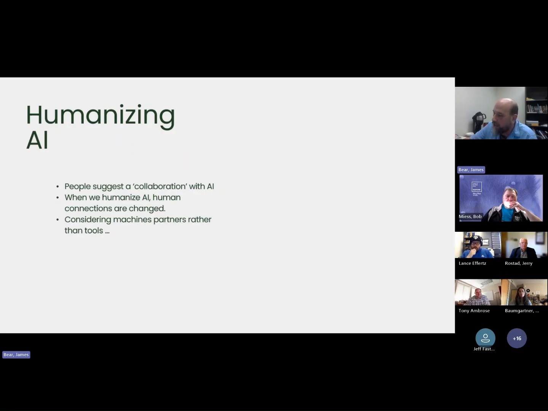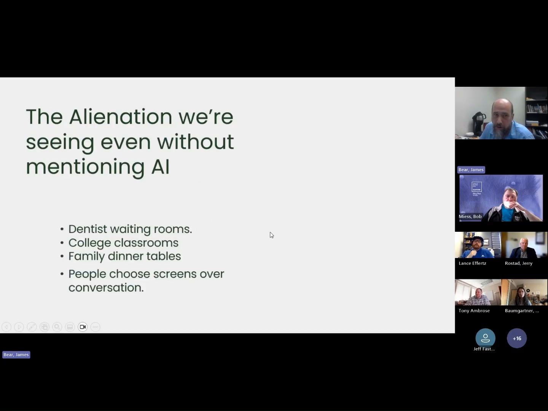AI is looking at what he did, and it's combing through it, and it's making it better. And I take what Dr. Carpenter says as valuable, that really it's better to not think of it as a collaboration or as a partner, because we don't want our human connections to be minimized, right? Really, that's what happens if we think machines are our partners.